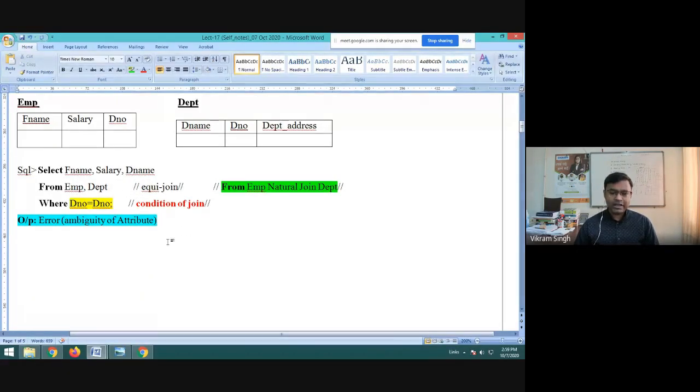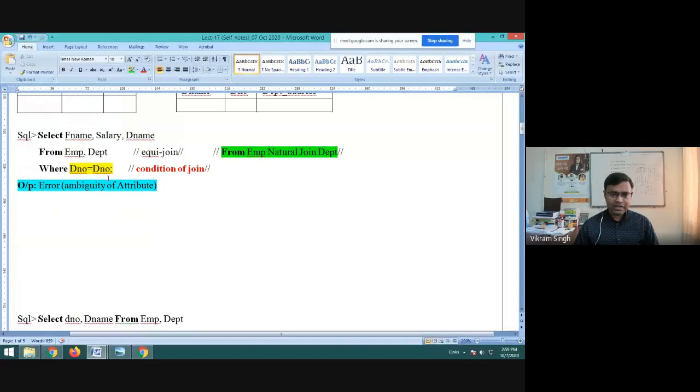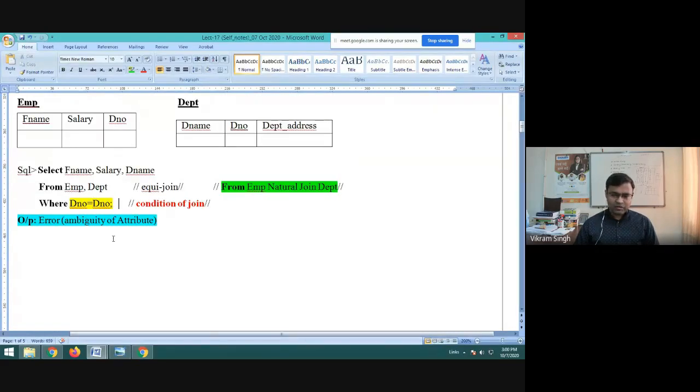Now let's see how basically and what is the possible output of this query. So अगर मैं इसको ऐसे ही रन करूंगा तो एक प्रॉब्लम आएगी, एक एरर होगी. वो रीजन ये है, और वो पॉसिबिलिटी ऑब्वियस है बहुत ज्यादा कि if we write this way, D number equals D number, तो लॉजिकली तो आपको ऐसे ही लिखना है, but because we are having the same attribute names here in the where clause, it is like D number equals D number.